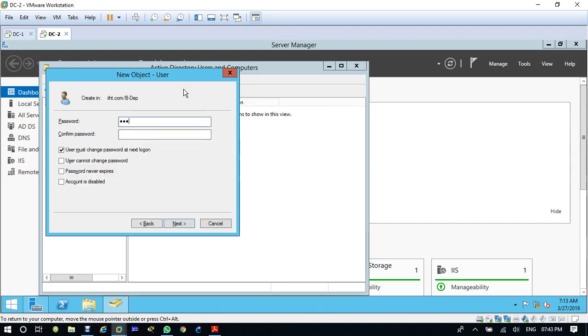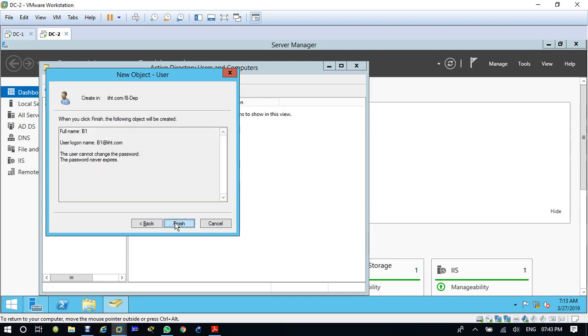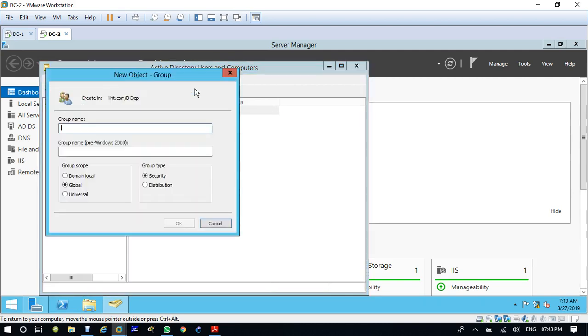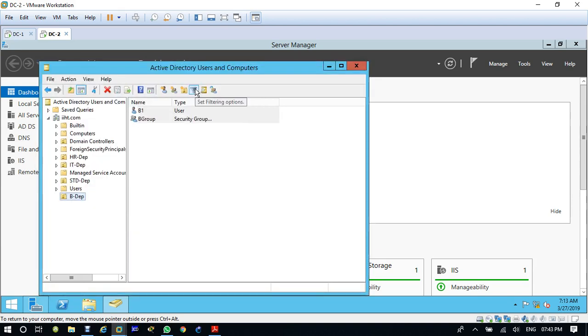Next, let me create one group, branch group. Okay, I see these things are replicated, but now when I created a new one,